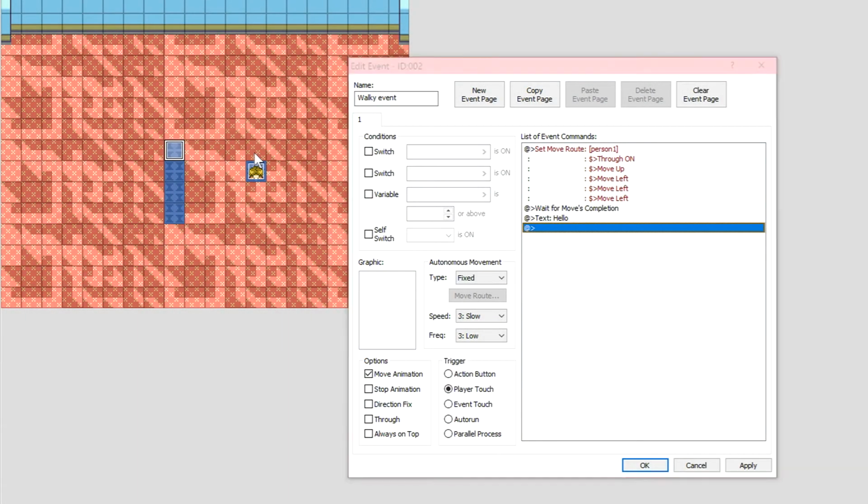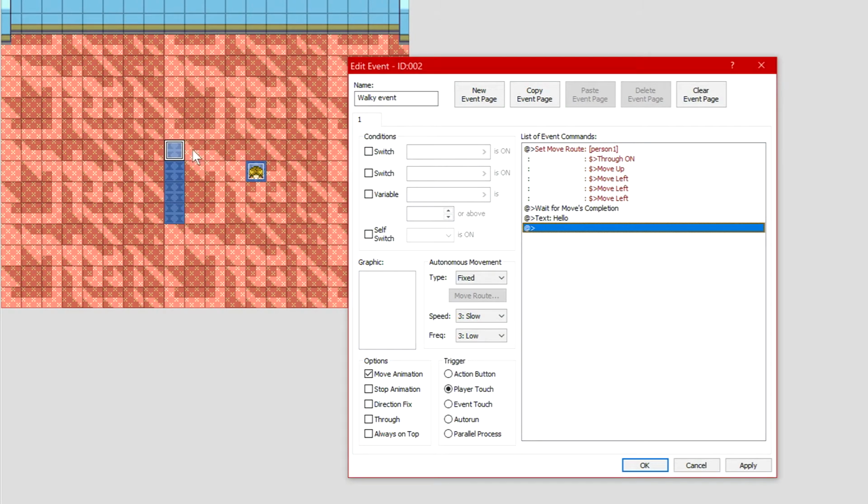So after this guy essentially moves up, left, left, left, faces you, and then waits for move completion, then says hello, for the sake of this video we are just going to kill the event and make him disappear. But you can do way more stuff if you want. This is just purely an example. So after he's done this, and that's what you want him to do, we're going to go ahead and